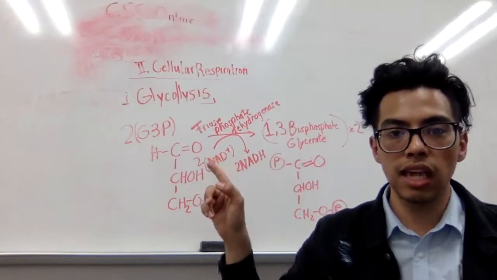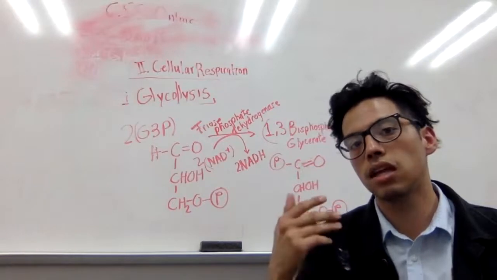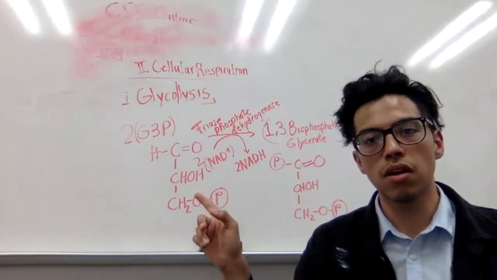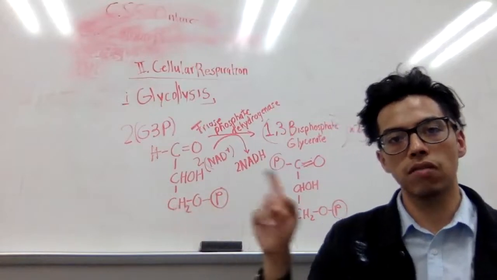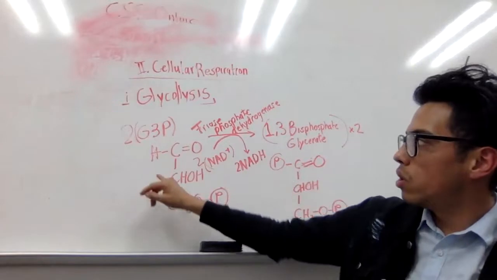So it's gaining an H. What does that mean? That means that it's being reduced. However, for this G3P, it's being converted to 1,3-bisphosphoglycerate. When you add that,